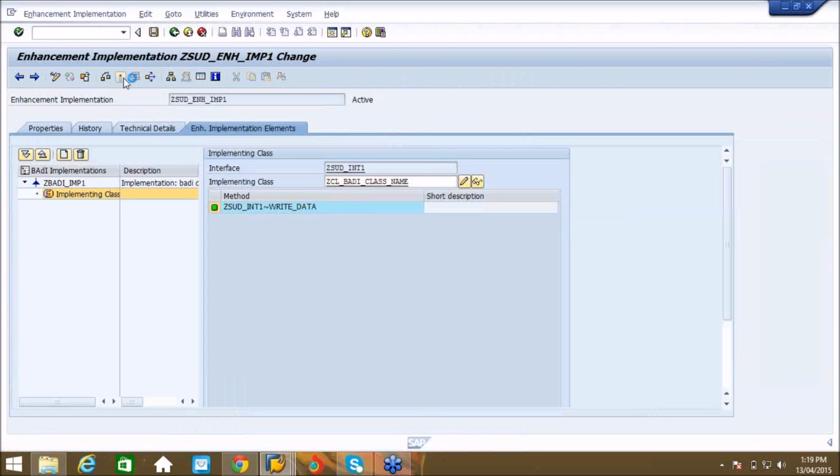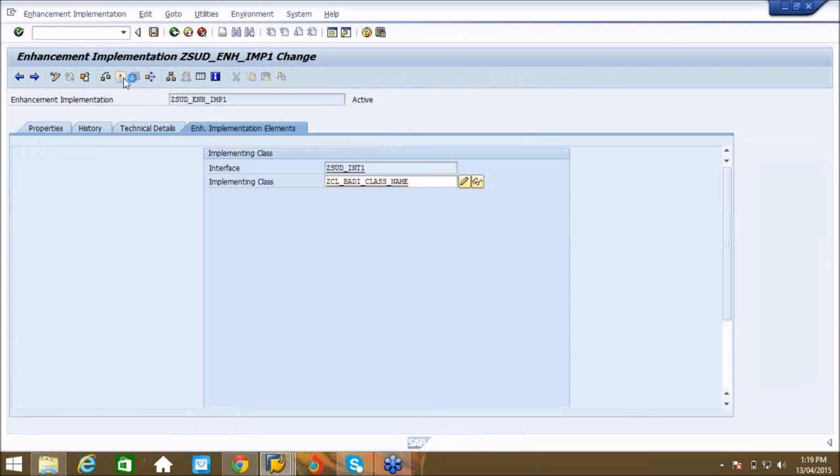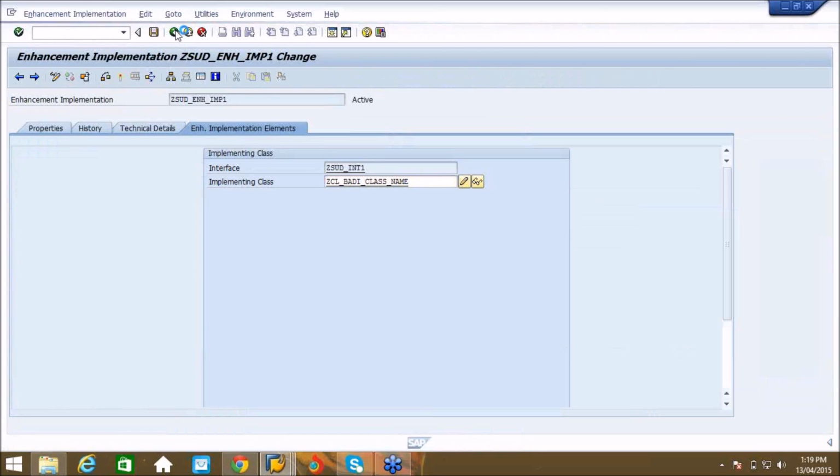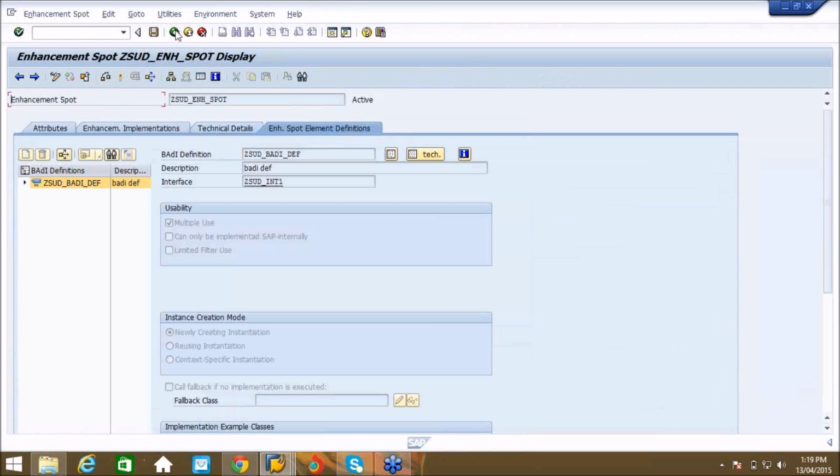Activate your enhancement implementation. So totally now you are into the enhancement spot. Activate everything now.